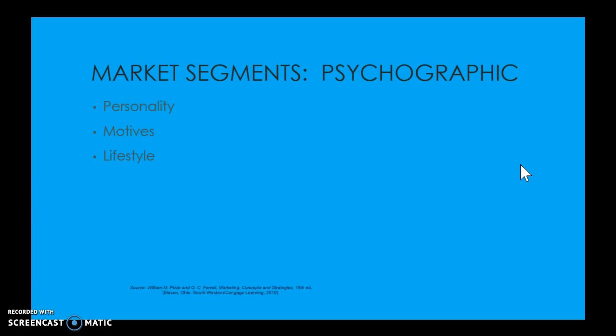Demographics are fairly observable, and you can look at somebody and guess within reason what their age is, what their gender is, what their ethnicity is. Psychographics maybe not as easily ascertainable just by glance, but nonetheless very, very important. Think about the individual's personality, their motives, their lifestyle. And by lifestyle, it could be something like, are